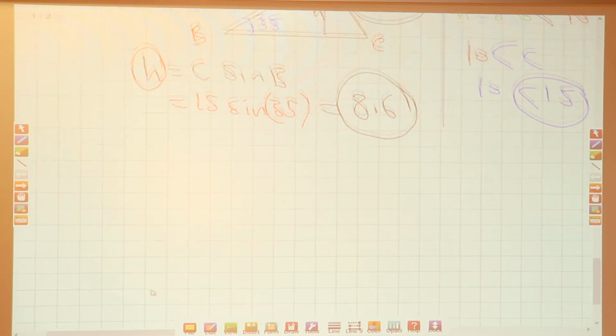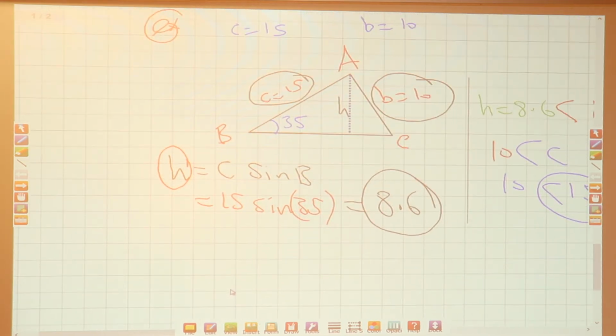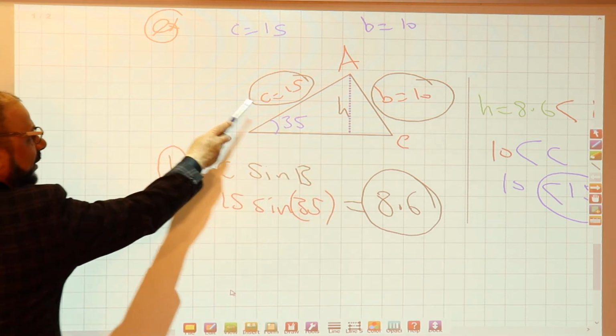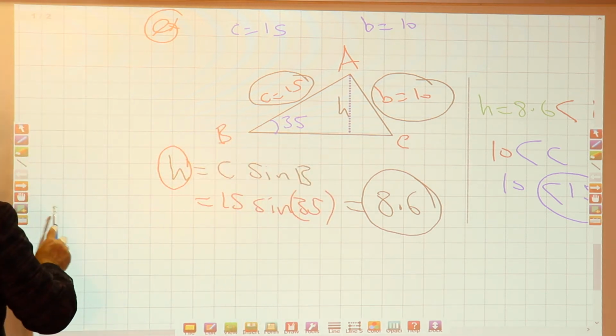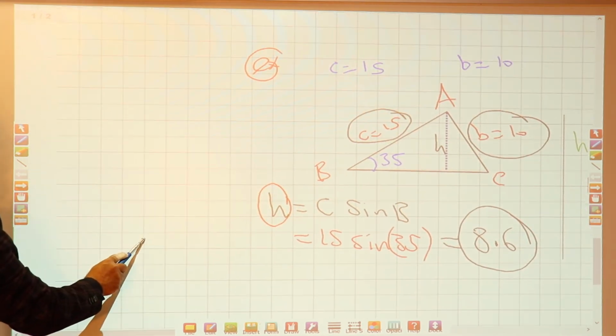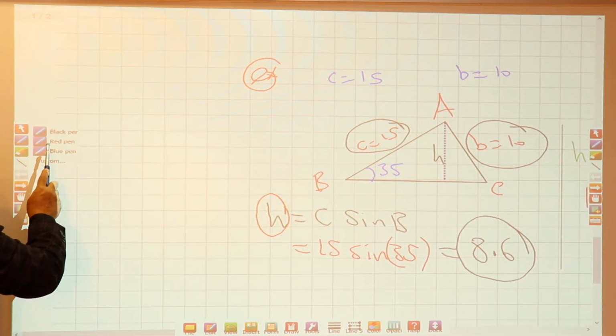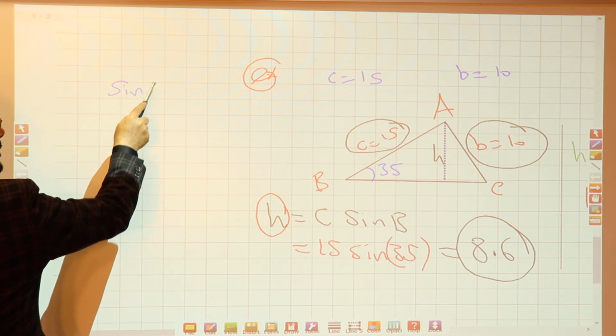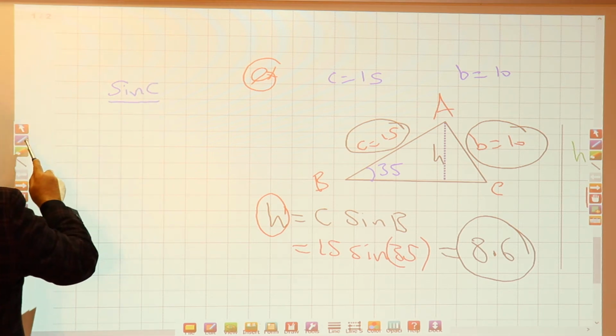Let us apply it first to find angle C. This is the idea here. Just watch. Sine C over C, we're looking for angle C. Sine C over C